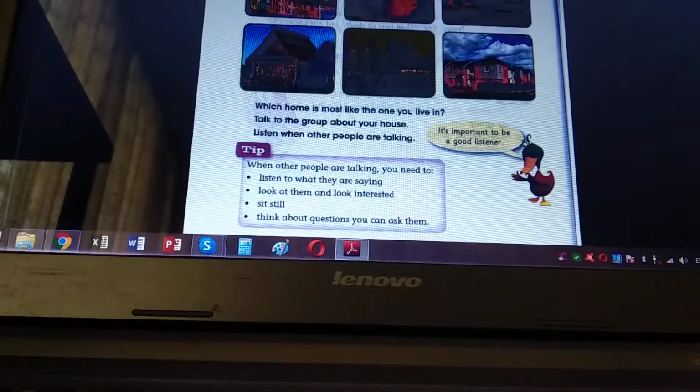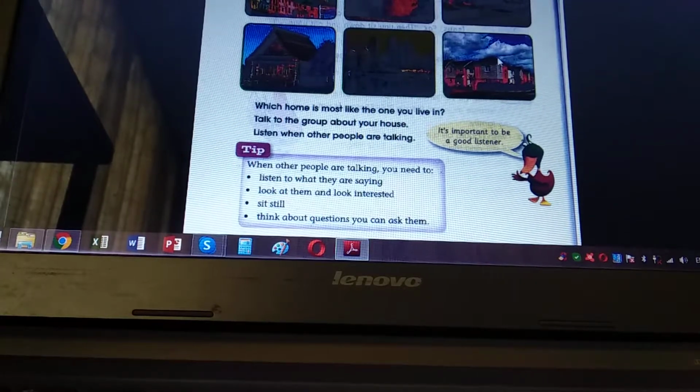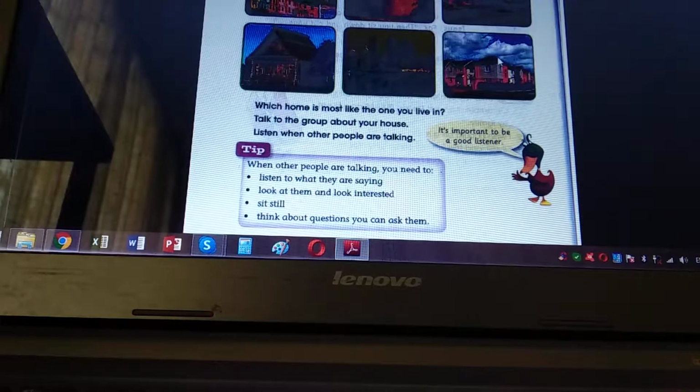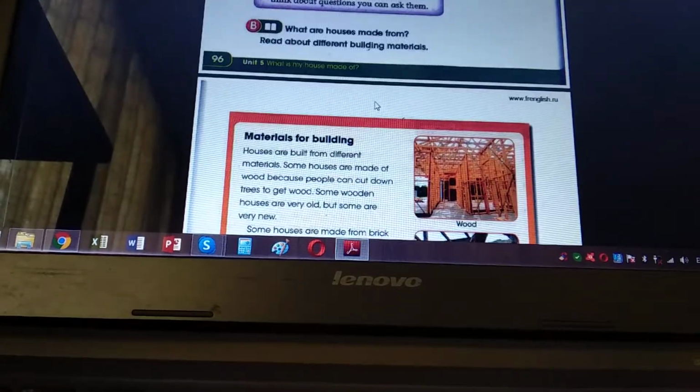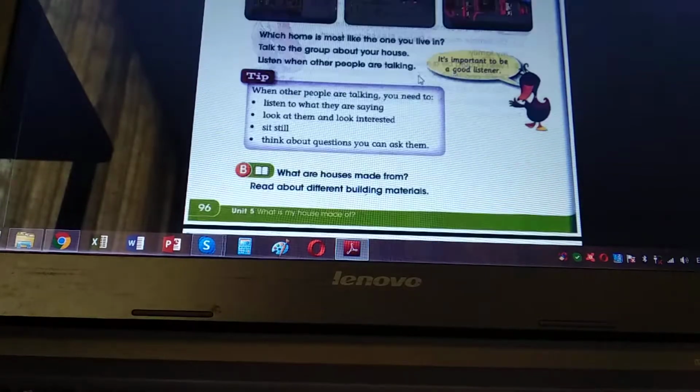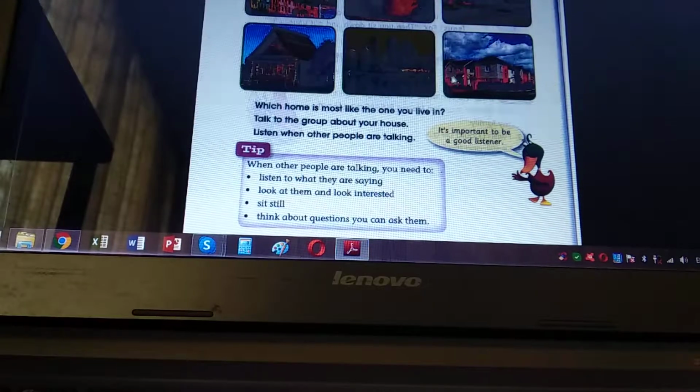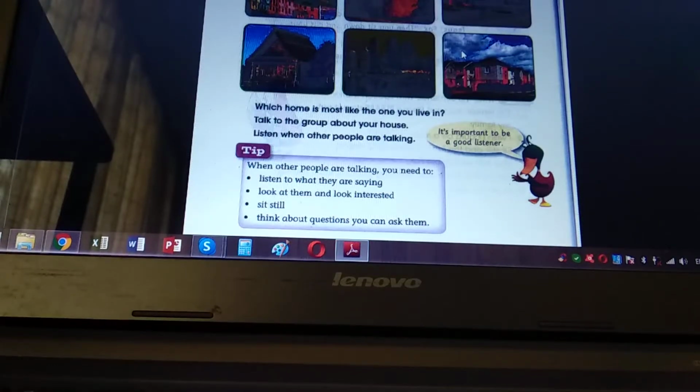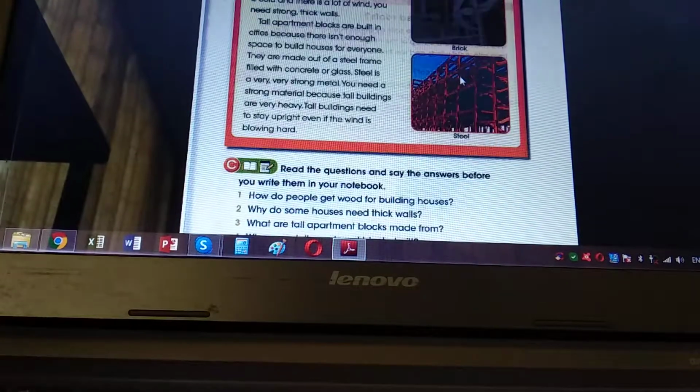Okay, alright, now let's go to B. We are done with all the 6 houses. Actually, there are more than 6. It's more than this. Okay, around the world they build different types of houses depending on what weather they are living in, what area they are living in, what environment and everything. Okay, alright. Okay, what are houses made from? Read about different building materials. Okay, so all these homes, all these houses, they are made from different things, different materials. Okay. Alright, so let's take a look at